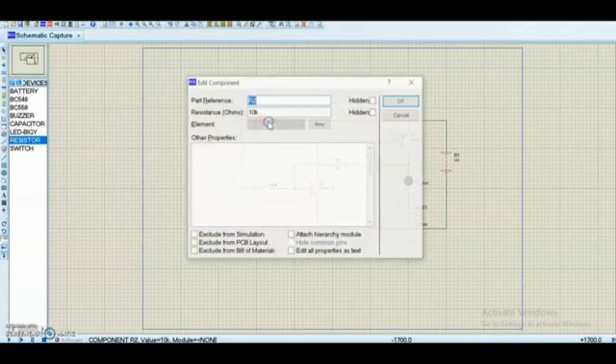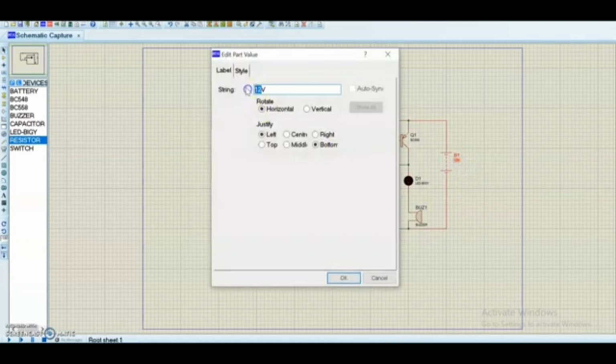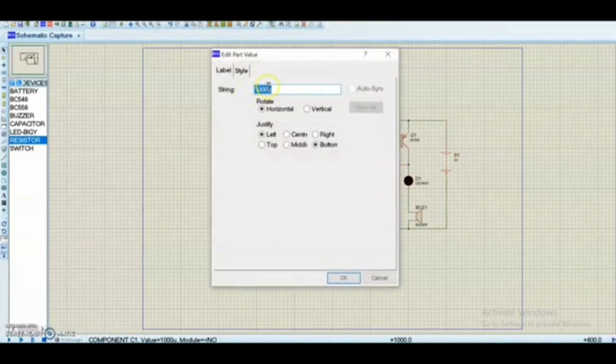So next we set the resistor, which is 330 kilo ohm, and then click OK. Next, for the battery we use a 12 volt battery source, and for the capacitor we set 0.01 millifarad.